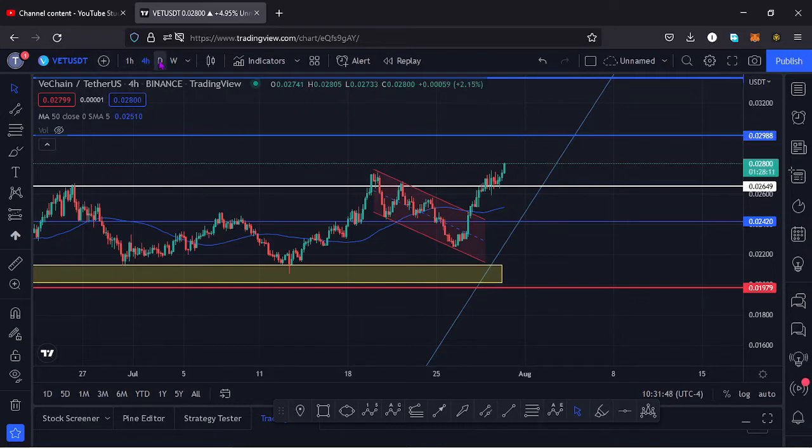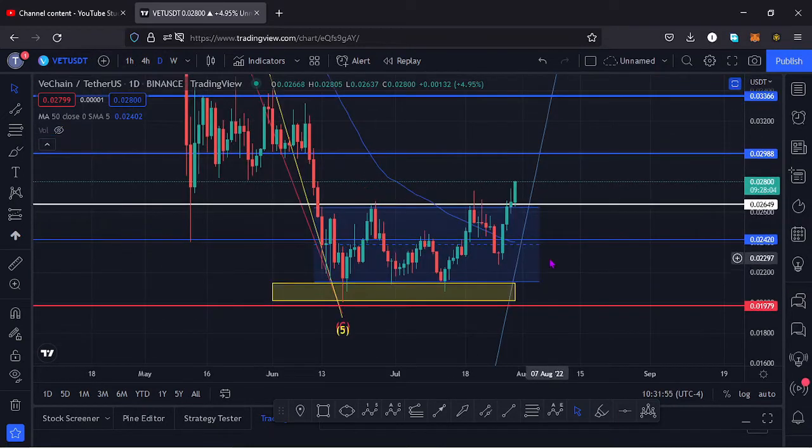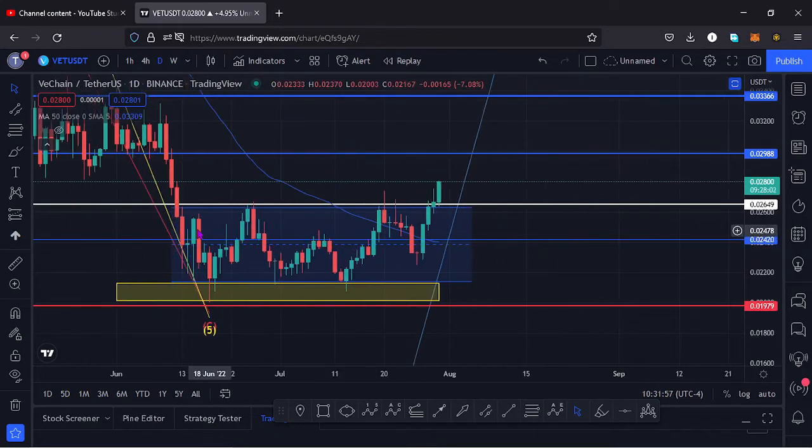If I also jump to the daily chart, you can also see that we have been trading within this channel, and we have also broken to the upper side, and this gives me the very first key scenario that I expect to play out on this chart. Now that we have broken out of that channel to the upper side, and we are also trading above a key area of resistance, it's possible that we see a retest on the 4-hour chart and maybe also on the daily chart. And once that happens, we can then continue pushing the price of Vechain to the upper side, and